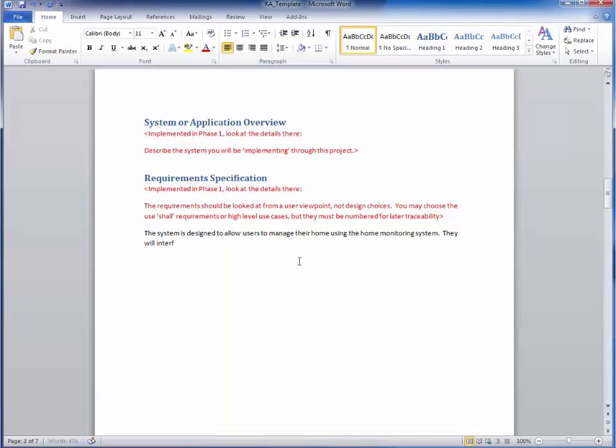They will interface via what? That's the question we can ask them. In our case, I'm making up this application. You might be doing the same thing. If you have a real-world application you're doing, then talk to people or base it off of what's something that's out there. If you don't, make it up. So via a kiosk-style touch screen on their wall or a phone application, a phone app. All right. The following features